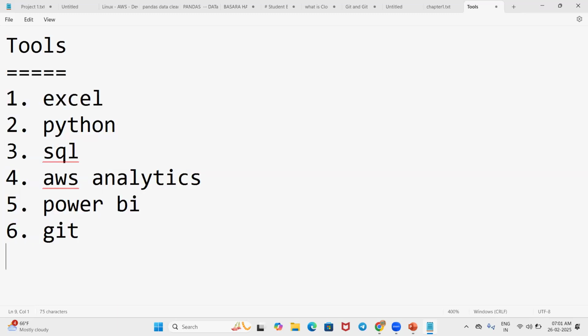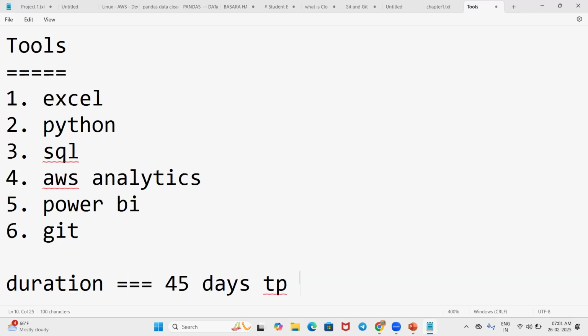When it comes to the duration, the course will last for 45 days, give or take a few days, so around 45 to 50 days.